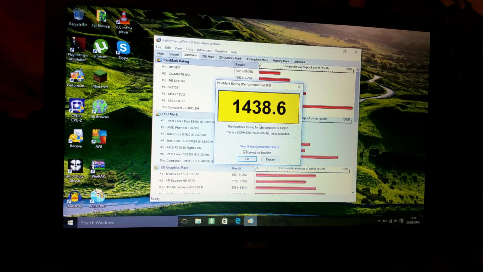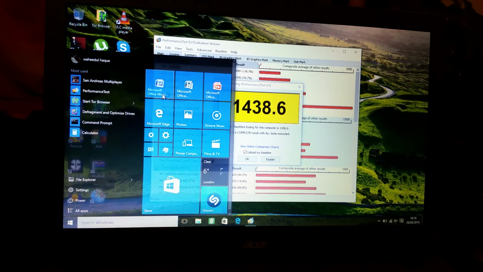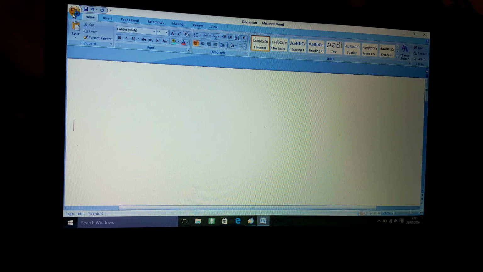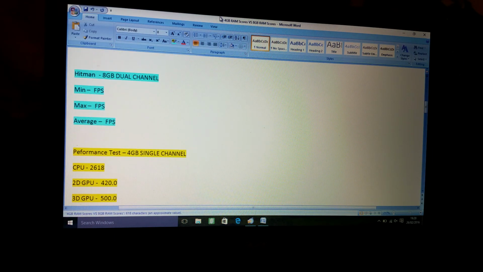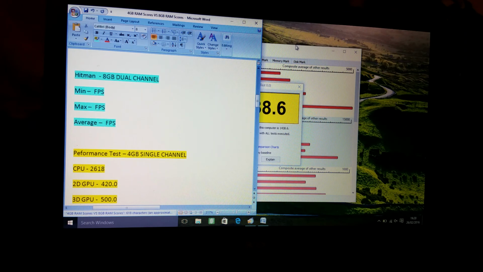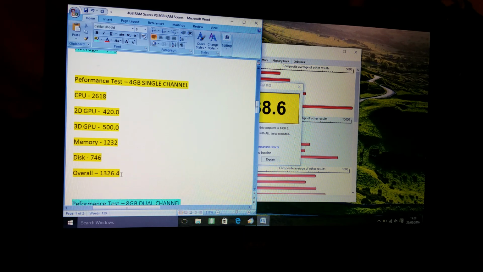Ooh, I've just noticed that the overall score for the dome was 1300. I'm sure it was. Seems to be 1438 this time. Let's open up that Word document again. One second. Right, let's put it side by side if we can. Right, seems we can't. So overall score for before was